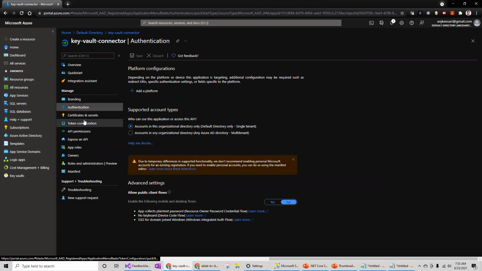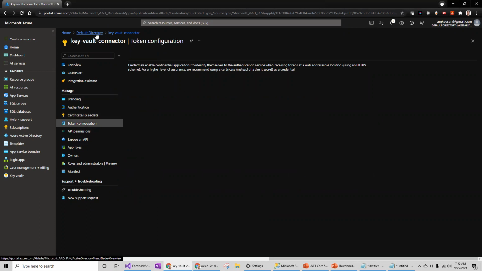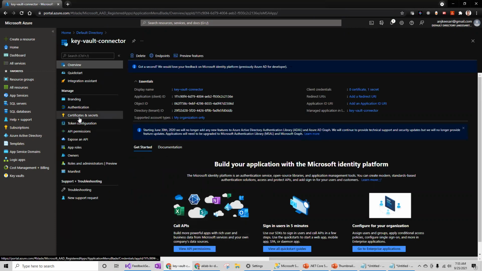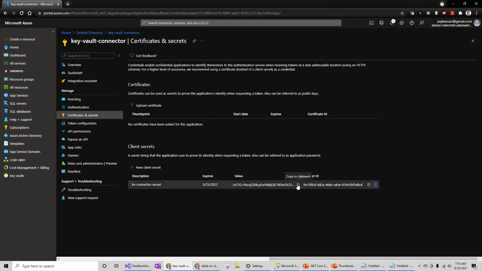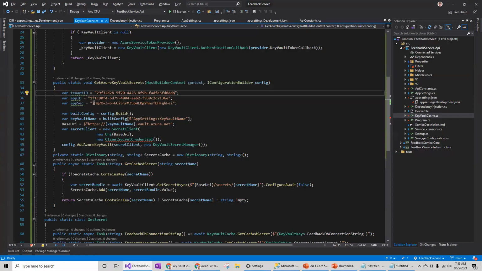So if I go to authentication and come back to secret, okay, I can still see, but I think sometimes it won't allow to see. Let's go back, secrets. Okay, so earlier I was not able to see. That's fine. Now I have the secret. Let me copy that client secret in the code.